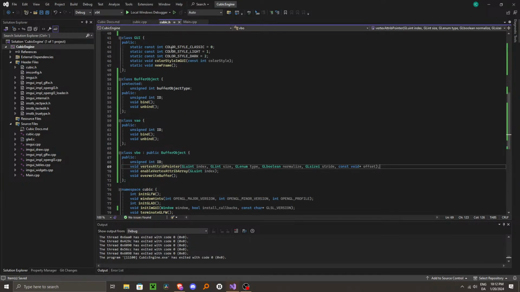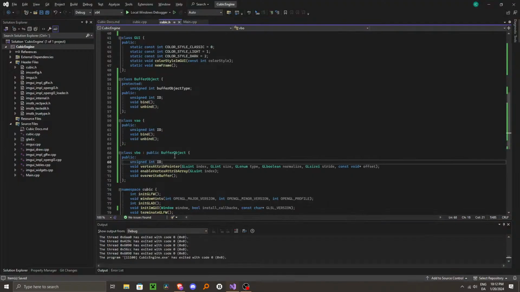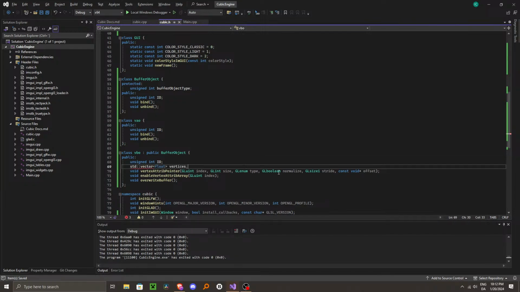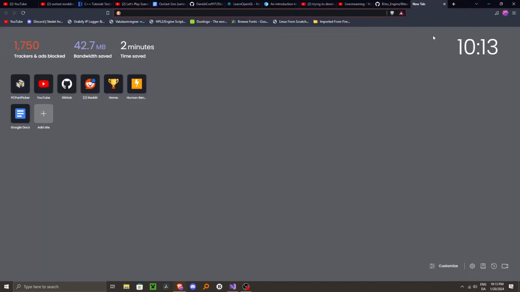Wait, does it store the vertices? No. But it should, so we should have a public place for the vertices. Yeah, they should be part of here as well. And in this case, they should be a list instead. I've never used lists for this, so yeah. But anyways, on that note, I should probably do